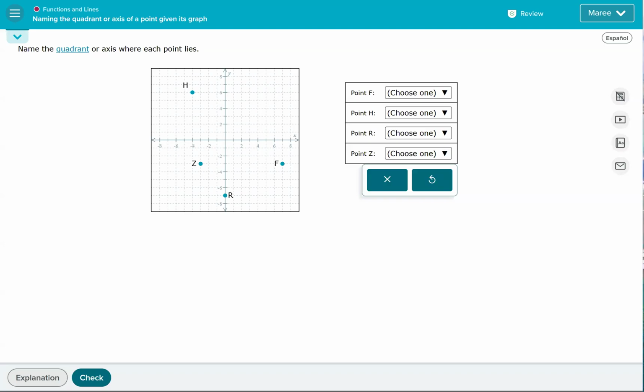This topic is called naming the quadrant or axis of a point given its graph. So I'm going to just write a few notes for you. So this is a coordinate plane. Coordinate starts with the letter C. So if you have your coordinate plane,